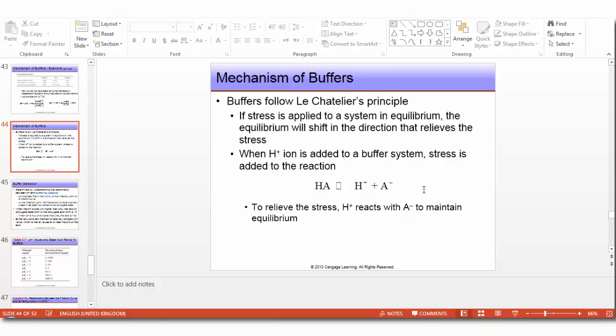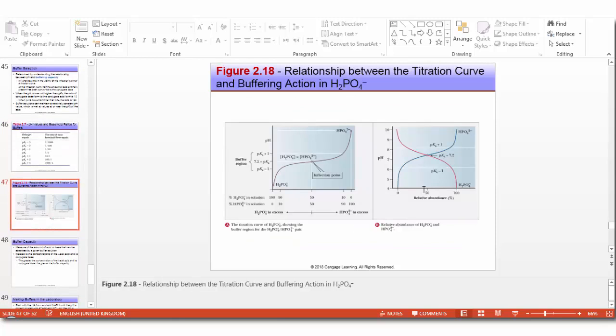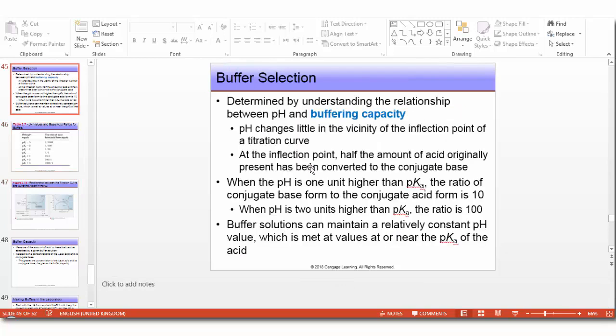Now, the plateau region here in the titration curve, as you can see, indicates that minimum change will occur, where the pH does not change rapidly, and it covers a pH range extending 1 pH unit on each side of the pKa. That's why, as we saw in this table here,